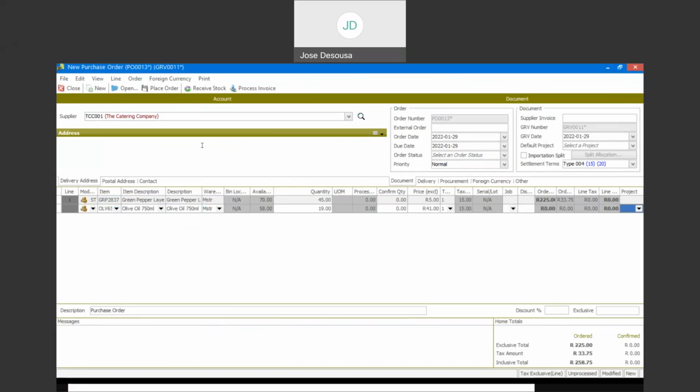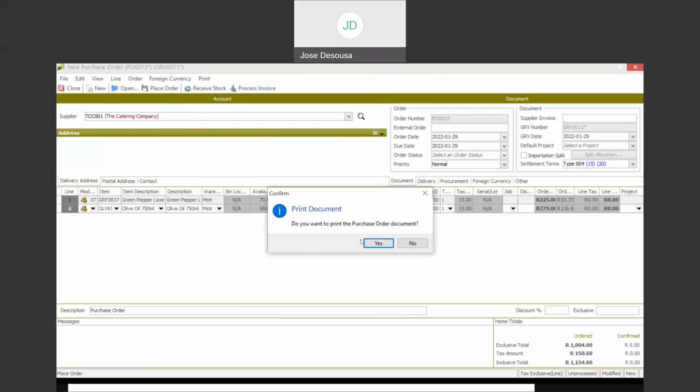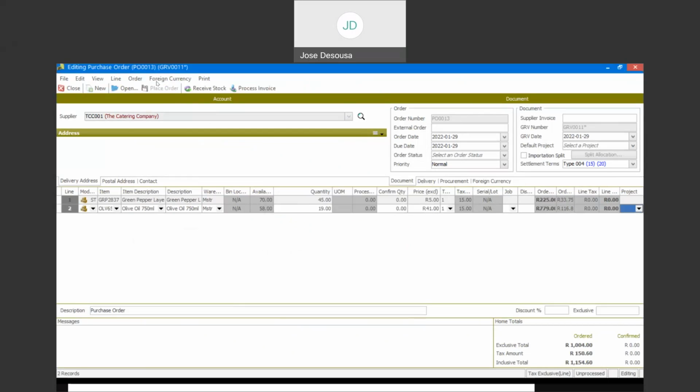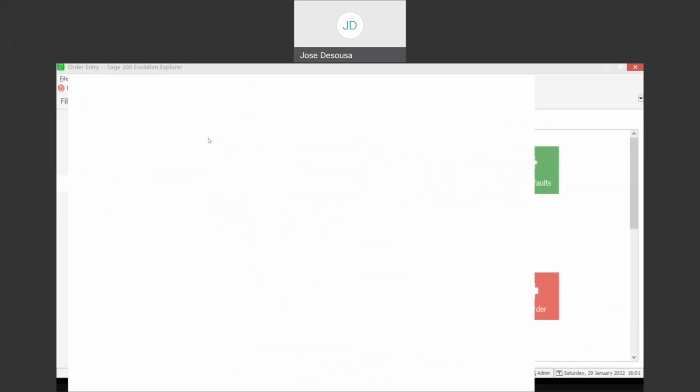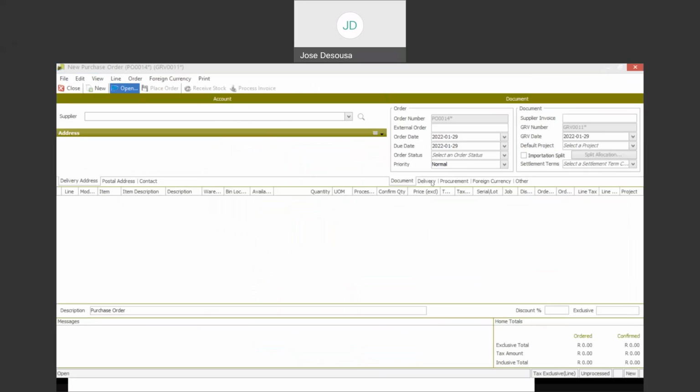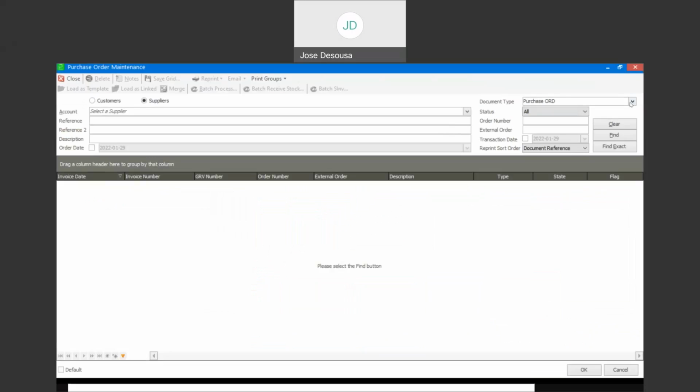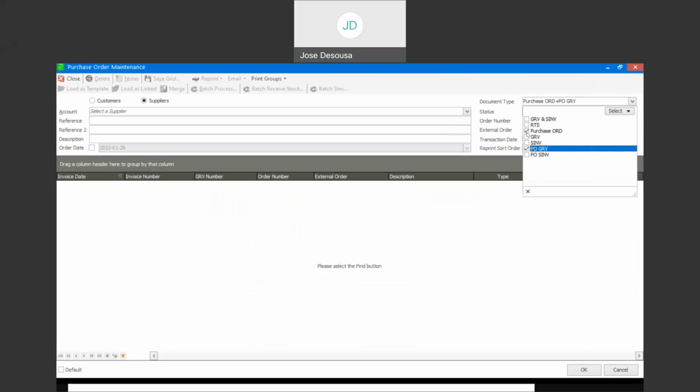Right, so there's my order. I've got my order number there together with the details, and I'm then going to say place the order. Right, in this particular scenario, we are going to only be receiving a portion of those goods and orders. So back into my purchase order, I'm now going to open to locate the order, specify the PO/GRV option,